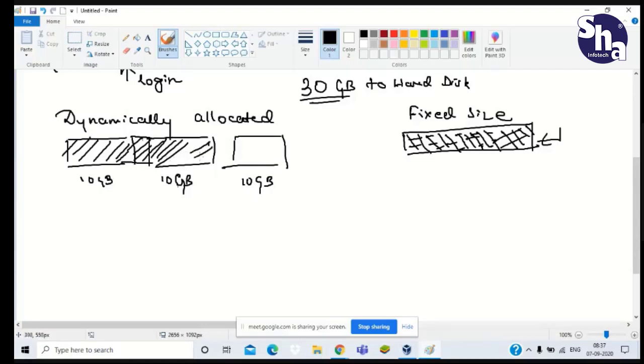And if this also gets full, another 10 GB is added to it. So you can use dynamically allocated for a longer period of time, but with fixed size that will not be possible. So we will choose dynamically allocated here.